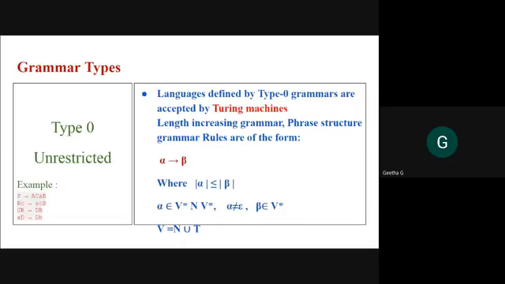So type 0, right? What is the name of type 0 grammar? Unrestricted grammar. And another two names I have also given, right? So what is the machine that accepts it? A machine will accept the language generated by unrestricted grammar, that is the Turing machine, right? So these are things you have to remember. On the alpha side, one non-terminal must be there, and it should not be epsilon. This is the condition for type 0 grammar.